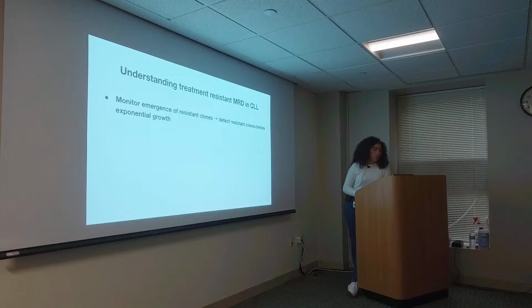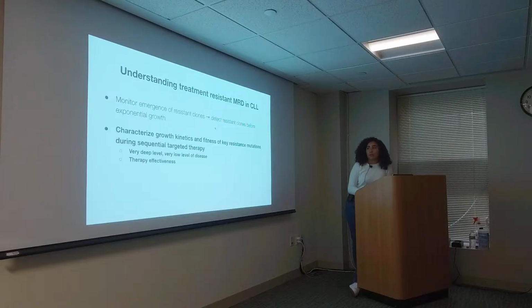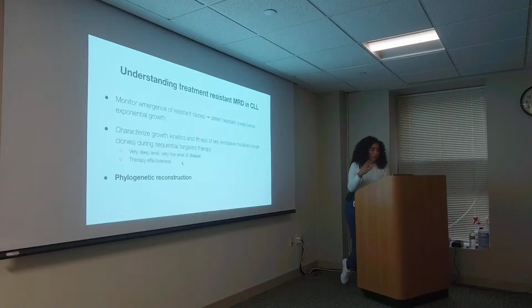So with this method, we want to monitor the emergence of the resistant clones during the minimal residual disease before they start growing again exponentially. We want to characterize the growth kinetics and fitness of each resistant mutation during sequential targeted therapy at a very deep level and a very low level of disease, meaning like 1 cell every million cells, and monitor the therapy effectiveness. And then we can also do the phylogenetic reconstruction of which subclones arise from what clone on the diagram